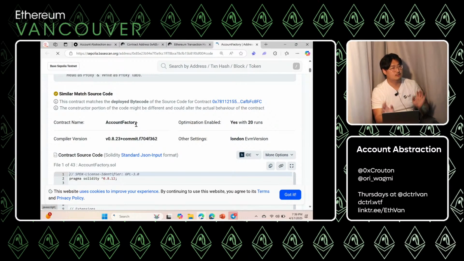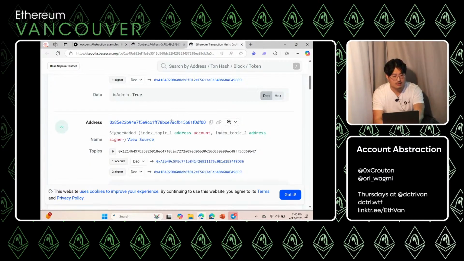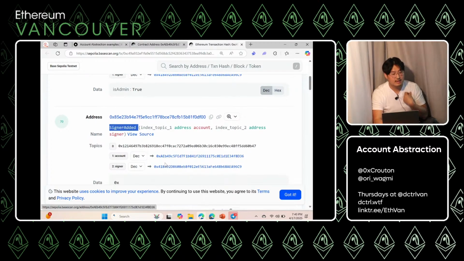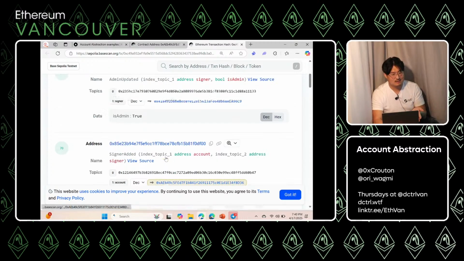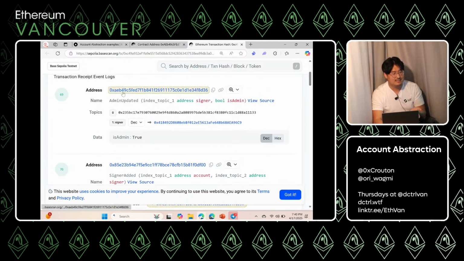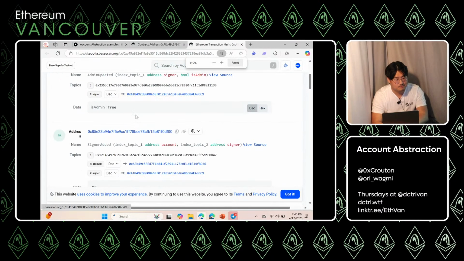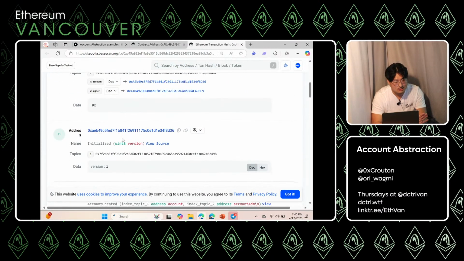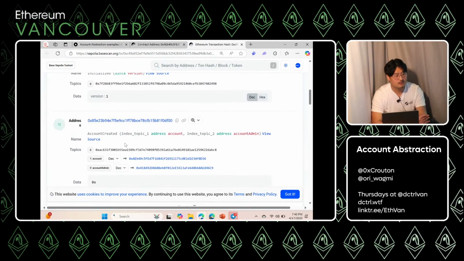So right, my account didn't exist. The entry point was like, okay, there's no smart account here. I'm going to call this factory, help deploy this smart contract. Cool. A signer was added. So 418, my Google account, was added as the signer to this AEB smart contract account that was just created. Okay, cool. And then it's initialized, great. Account created, great.